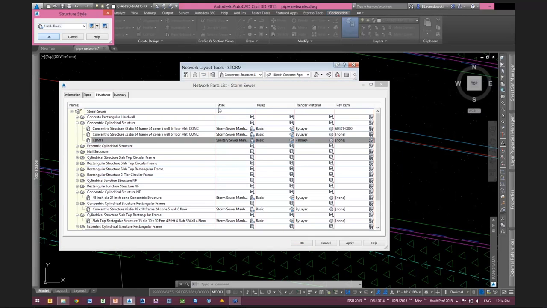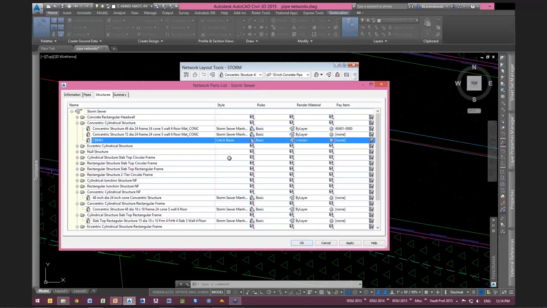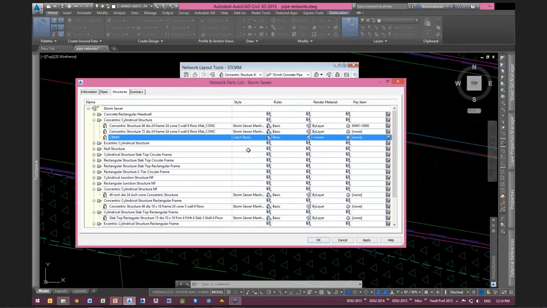Catch basin. So the parts list, if you haven't dove into it much, it basically maps what should be assigned to that part when you drop it in the drawing. So let's take a step back. We have the parts catalog that sits outside of our drawing. When we drop parts in, it pulls from that catalog, and how it styles those parts, that's what the parts list is for. So it says assign this style to it. It says assign this rule set. Okay, we'll touch on a few of these other ones in a bit here. So when I add that in there and I hit OK,